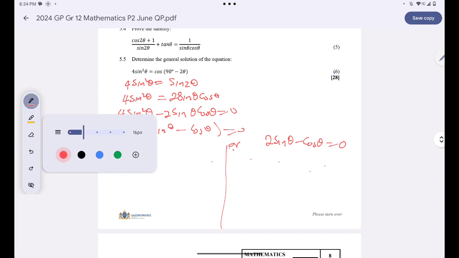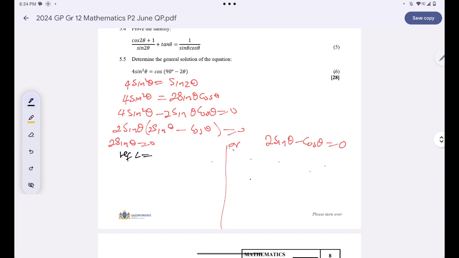This thing simply means that, let me write these ones in black. My reference angle is 0 degrees. Therefore, theta is equal to 0 plus k 360, where k is an element of integers, or theta is 180 minus 0 plus k 360, where k is an element of integers. Okay, and then on the other side,